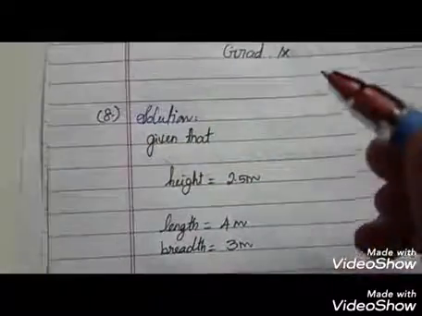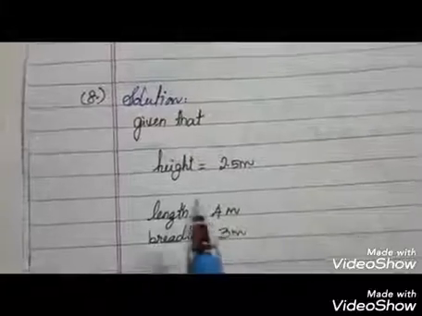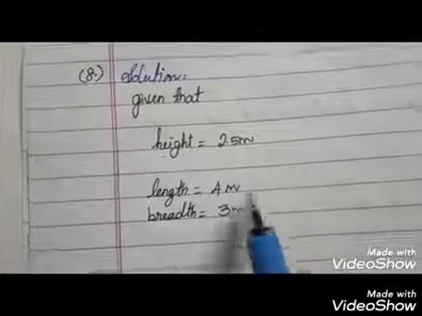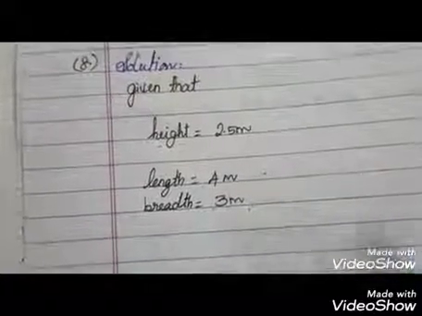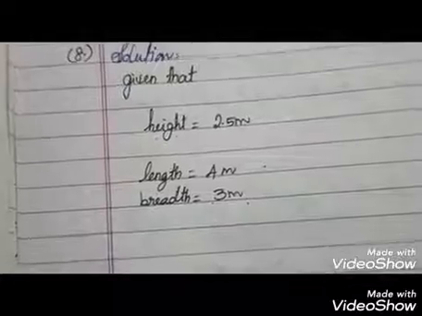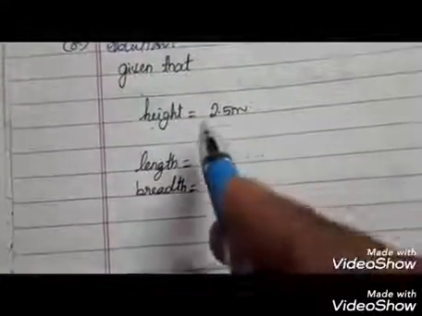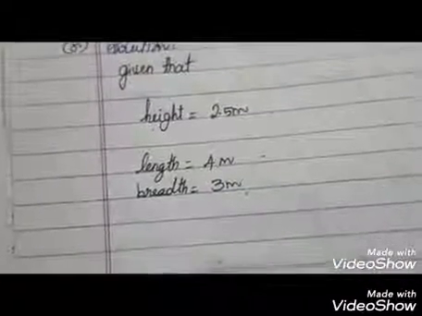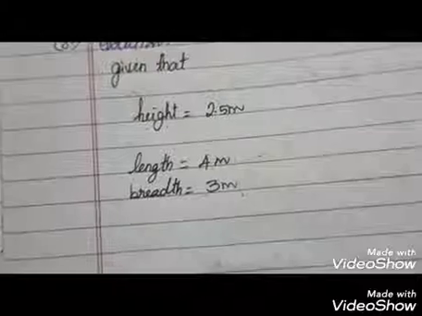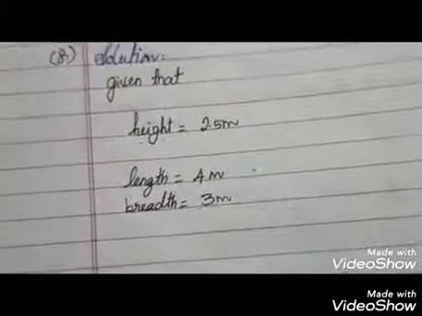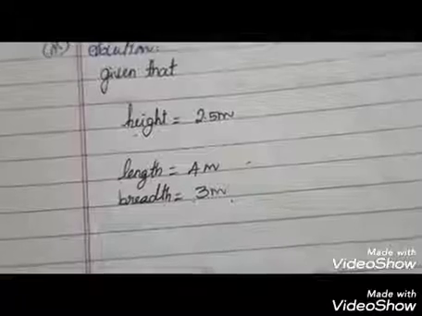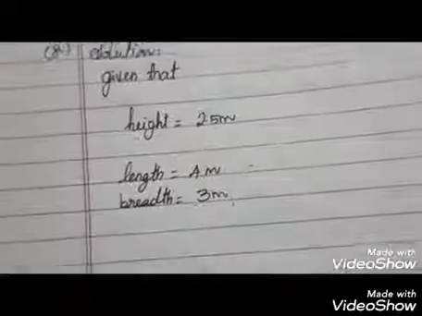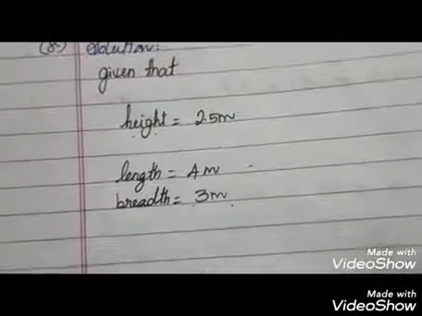So that shelter should be in a box shape. We have to take the given values, that is height 2.5 meter, length 4 meter, breadth 3 meter. We have to find how much tarpaulin we have to use. You see that this is in the cuboidal shape. So we need to find out the total surface area of the cuboid, but the base is not included because the car stands on the road. We have to cover the 5 sides, not the base. So that's why we take only 5 sides.